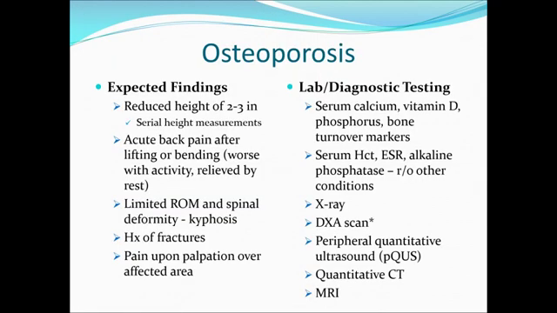So with osteoporosis, what you're going to see is reduced height, okay? Back in a previous capture, I talked about how having a person's height at every annual checkup and trending and watching those values was important, because with osteoporosis, we often see vertebral compression fractures, which will eventually result in a reduced height, or essentially they're shrinking, they're getting shorter. So it's important to have serial height measurements and be able to trend and compare those.